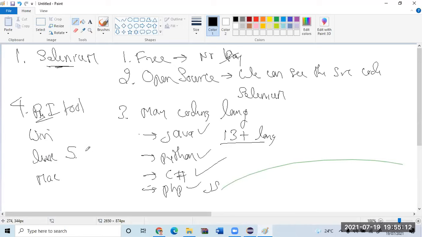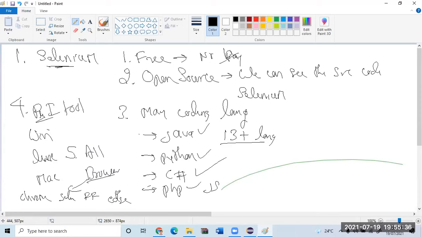Last but not the least, it supports almost all the popular browsers. What are the browsers you might have heard about? Chrome, Safari, Mozilla Firefox, Edge.